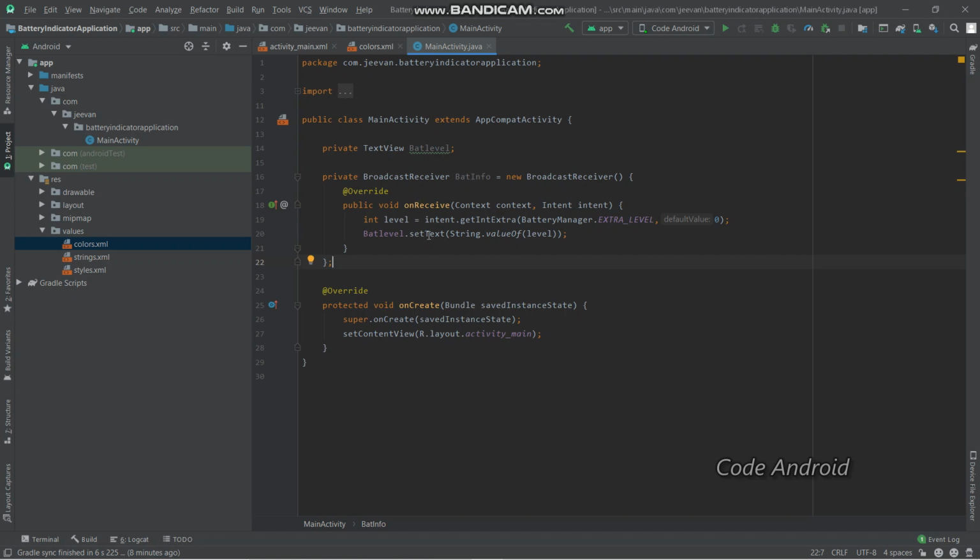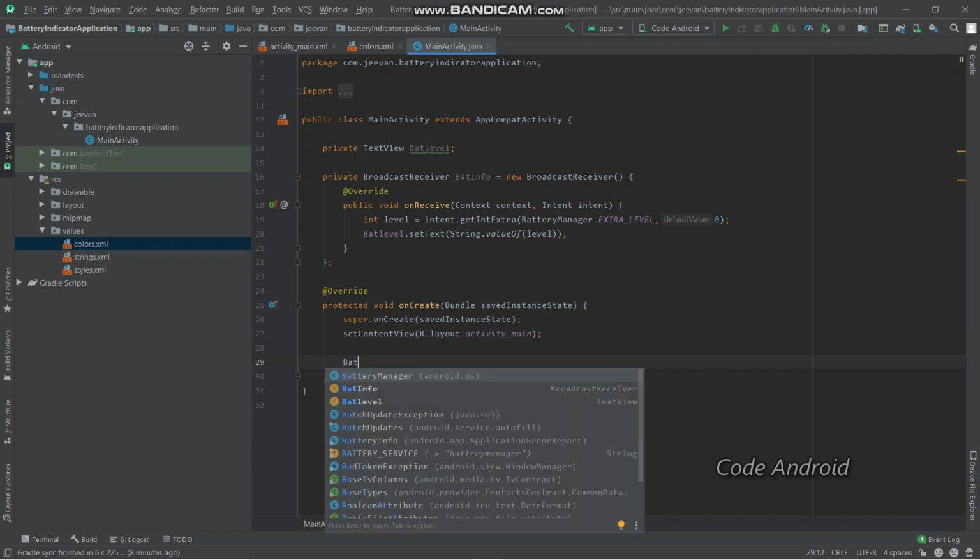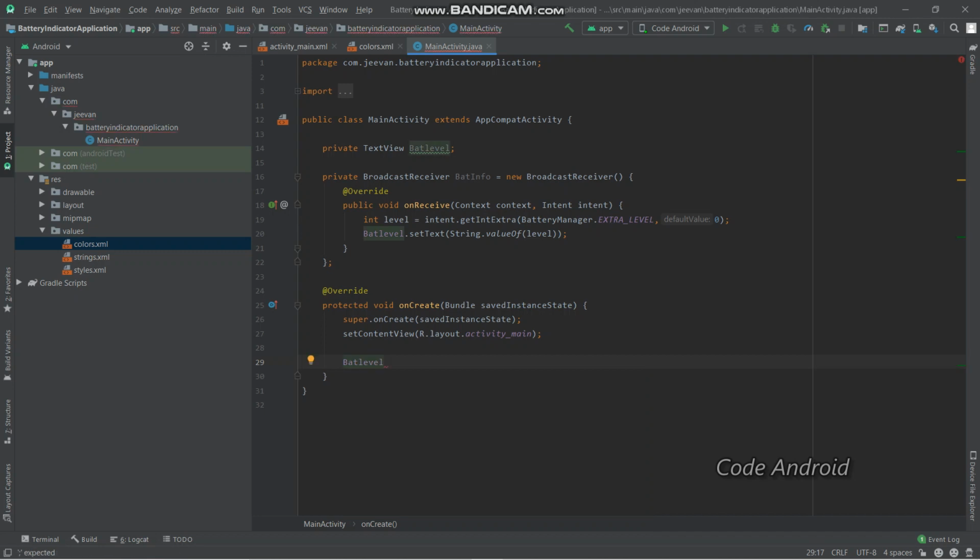Now this setText will set the text in the battery level, and now we need to initialize that text view by giving batteryLevel is equal to typecast it with the text view